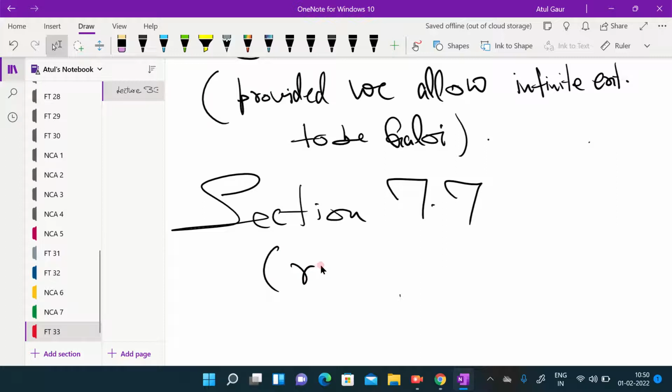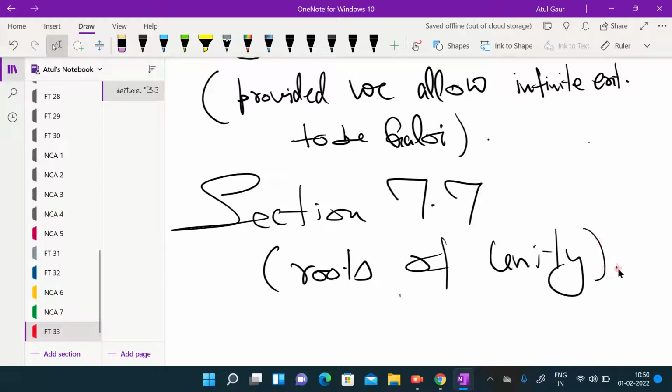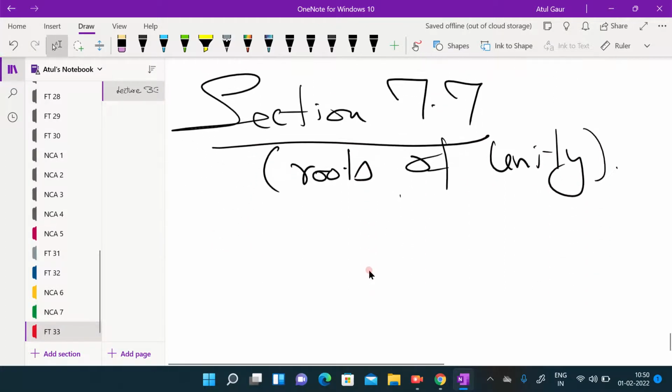This is the roots of unity. So as the title clears, in this section we will discuss about the roots of the equation x^n equals 1 over the field k, any field k. All right,